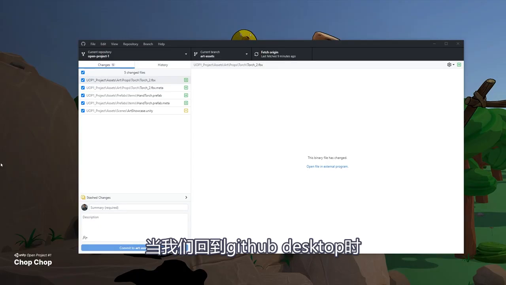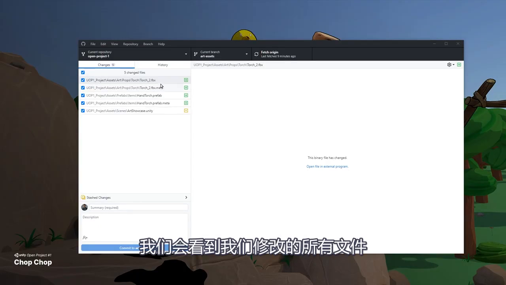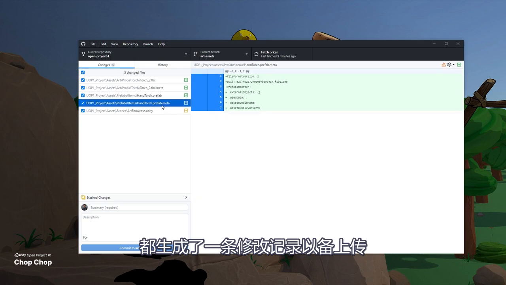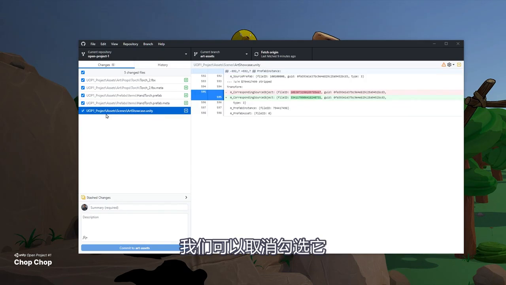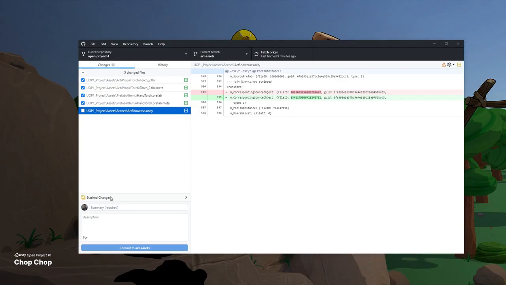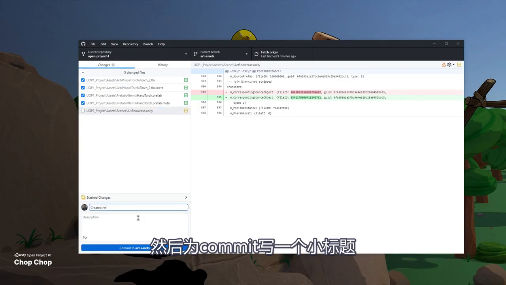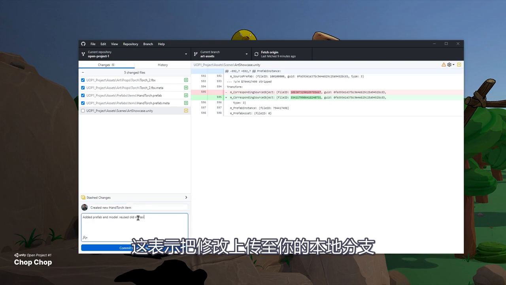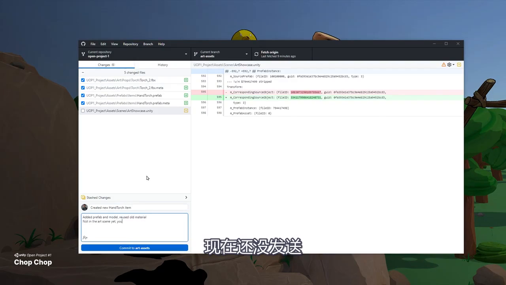Once we go back to Github Desktop, we'll see that all the changes that we have made have produced a change in the commit that we're about to send. Because we don't want to send the scene, we can unselect the artshowcase.unity file, which as you can see has a yellow box, which means it has changed. And then we write a summary for the commit and maybe a small description, and we click commit to art assets. Basically, this means that now these assets have been committed to your local branch,